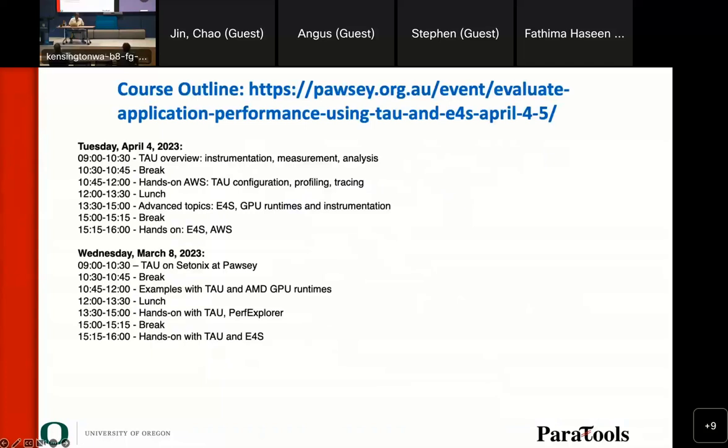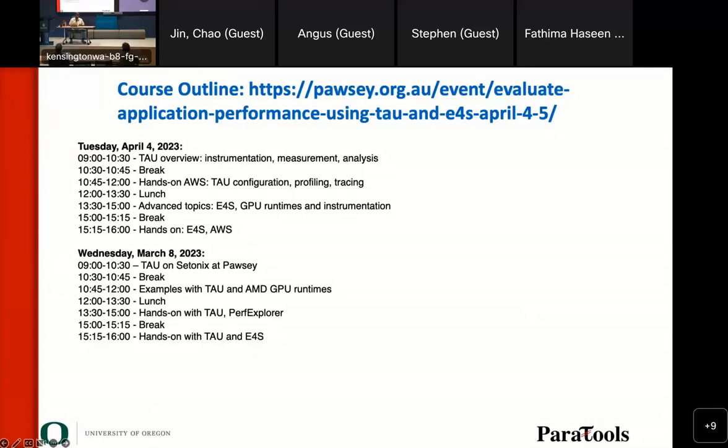The rough schedule that we are going to follow today is that we'll have a short break in the morning and afternoon, and we may have the second break at the end, trying to end at around 3:30 p.m. And today we'll look at how to use these tools in depth on AWS, and tomorrow we'll look at the Setonix system and look at how we can evaluate the performance of our codes running on GPUs and CPUs and